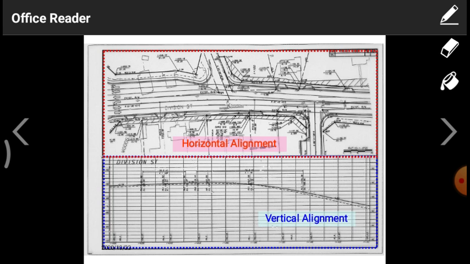This is another kind of diagram, simply having different lanes with a main line, and that main line is connecting with two sub roads. For this particular road also there is some horizontal alignment and vertical alignment. That means up to this part there is a horizontal alignment. After that the alignment will be changing to vertical, so that we have to go for a better one.